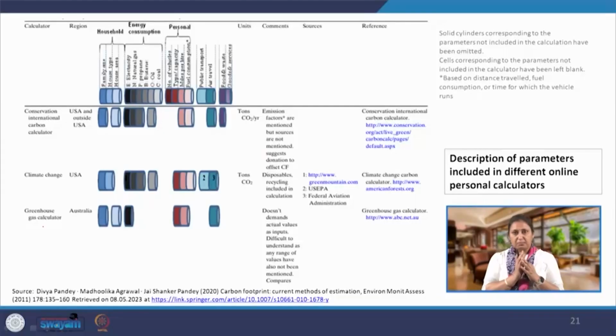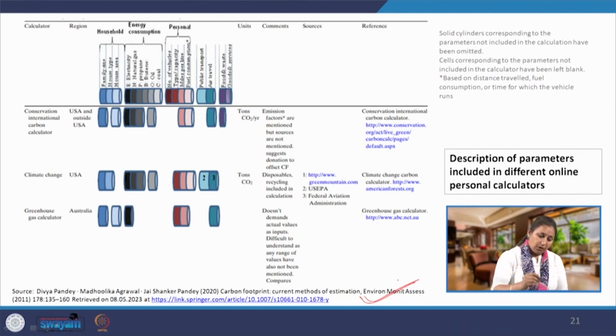There are many carbon footprint calculators across the world. This is one very good reference that you can go through, and you can read about several carbon footprint calculators that are available. So, we have a lot of calculators from the USA, Conservation International Carbon Calculator, Climate Change Calculator, Greenhouse Gas Calculator. Several developed countries have developed calculators, but primarily the parameters that are accounted for in these